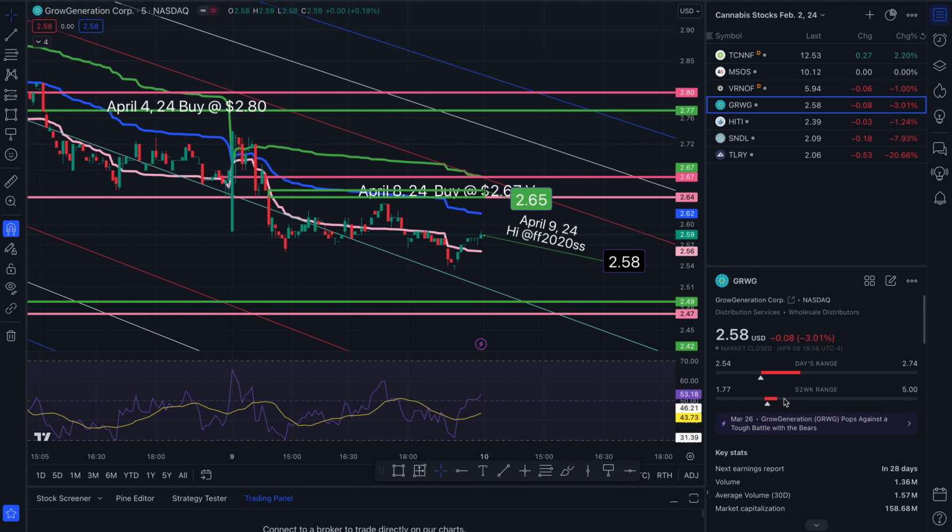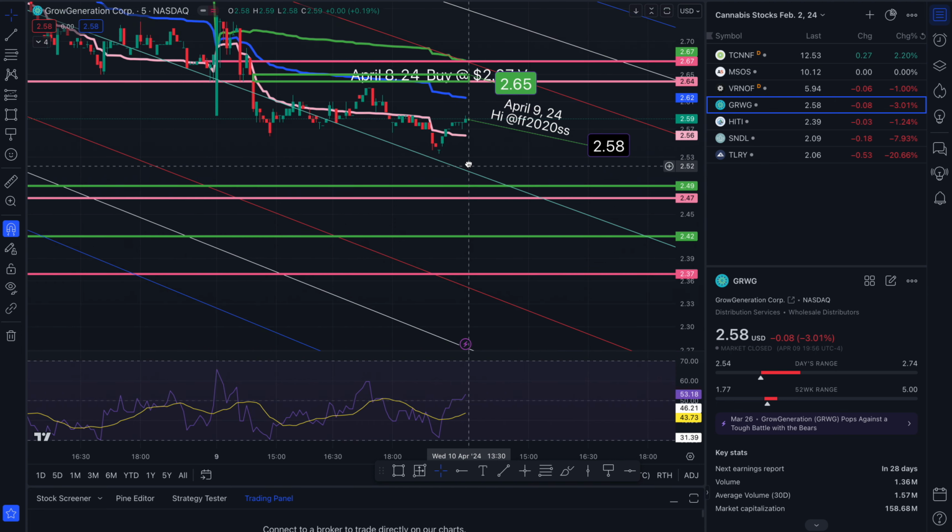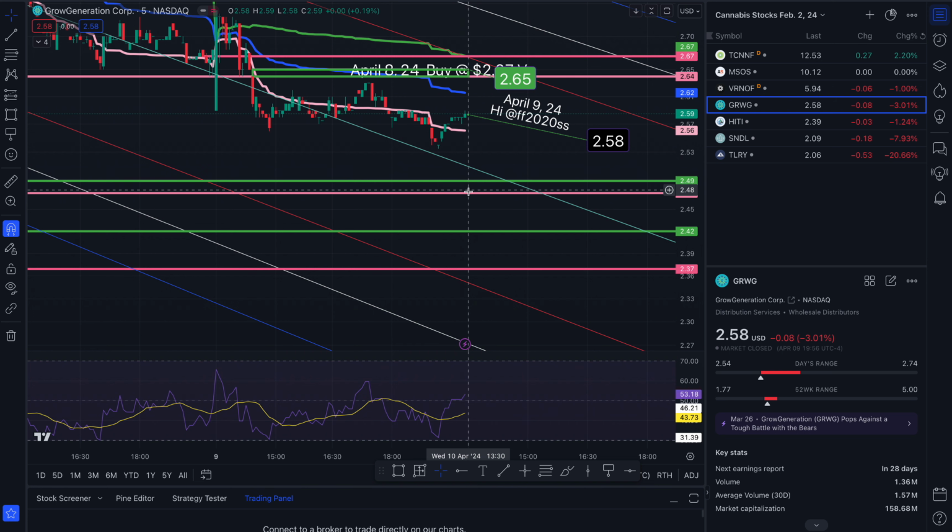Obviously, if you're investing, it's a different strategy. Now, to the south side, back at the middle of the trend, and in this case, on our way down means this is support. On the way up, it turns into resistance. So that's 251. I sold here at one point, bought here at one point, sold here at one point, bought here at one point. All right, 235,